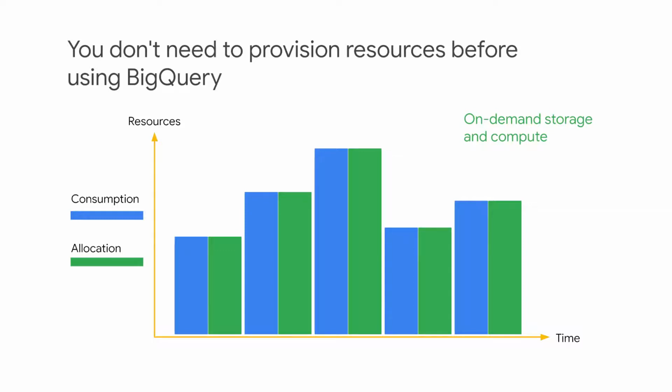Storage resources are allocated as users consume them, and then deallocated as they remove data or drop those tables. Query resources are allocated according to the query type and the complexity of that SQL. Each query uses a number of what are called slots. They're units of computation that comprise a certain amount of CPU